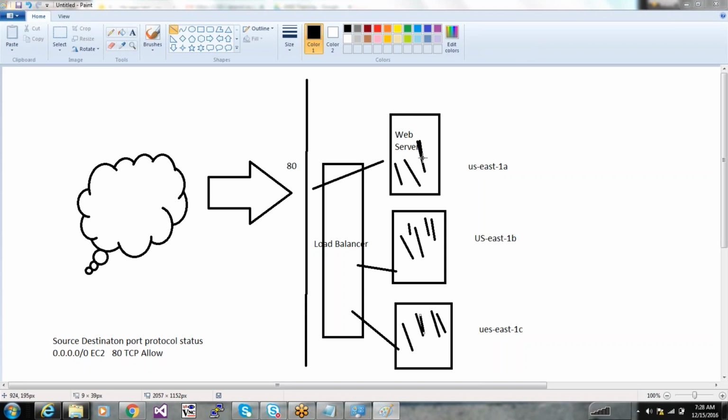What I'm saying is that if you just have one web server and the whole world is going to just one web server, then that web server will not be able to handle so much traffic. Let's say this web server has only 4 GB of RAM, 2 cores of processor. Do you think a machine with 4 GB of RAM can handle so much load? No. So you will create multiple machines behind the load balancer, and the load balancer will be sending requests to web server 1, then web server 2, then web server 3, like that.